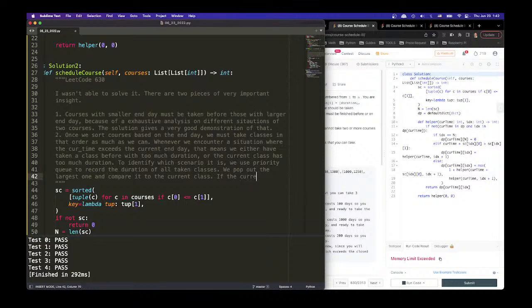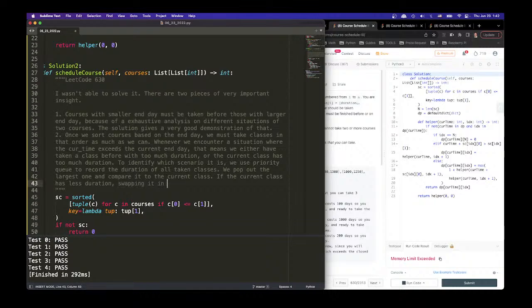If the current class has less duration, swapping it in guarantees that we